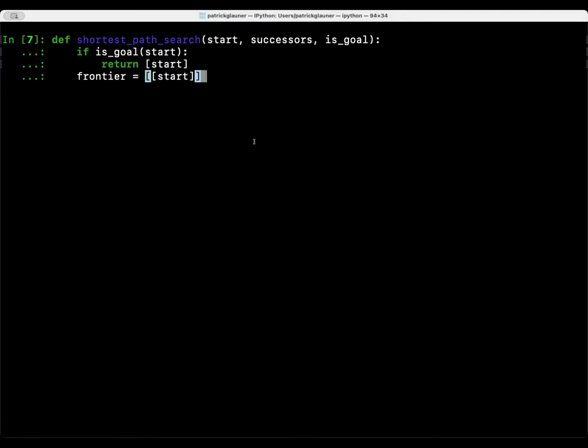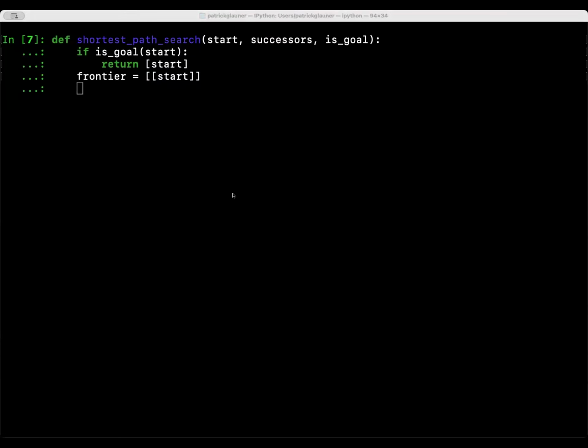So the frontier is a list. That's why we have these outer brackets. But in the frontier, we do not have single elements, but actually in the frontier, we will store the whole paths. And the initial path we're just starting with is just a single element. But later, we always expect to have paths in the frontier. So the simplest thing we can do is we put start also in a list, which is just this very short path. And later there will be longer and there will be multiple paths in it. But we are now in the process of exploring our frontier,